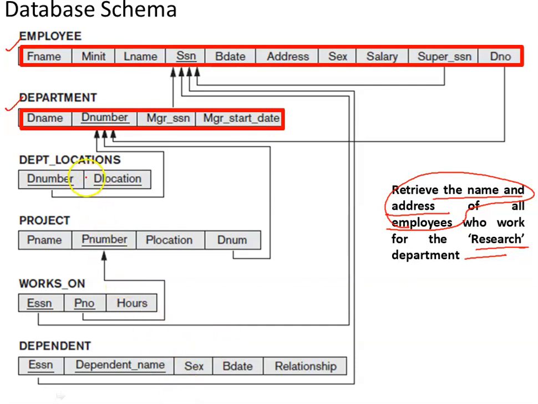When you pick up some tuples based upon the department name from the department relation, you will get the department number. Now look at the employees relation carefully. The department number, which is a primary key over here, is also a foreign key in the employees relation. So I can apply a join operator, join this tuple with the employee relation and gather the required information. We will see the step by step procedure to get this information.